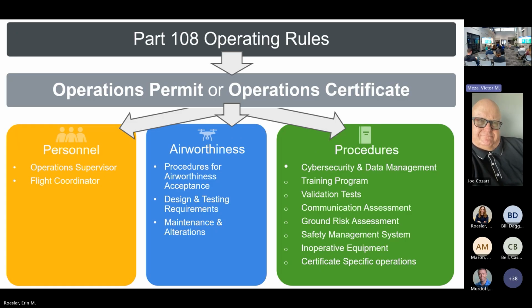So in order for a manufacturer to get an airworthiness acceptance, they have to have, first and foremost, the procedures for airworthiness acceptance. So conformance to industry accepted standards, building out their internal quality management, quality control processes and procedures, cybersecurity, data management, all those are requirements that a manufacturer must have in place. In addition, they'll have to go through design and testing requirements, all of that as a prerequisite to actually submit in to the FAA to get that airworthiness acceptance for a particular aircraft.